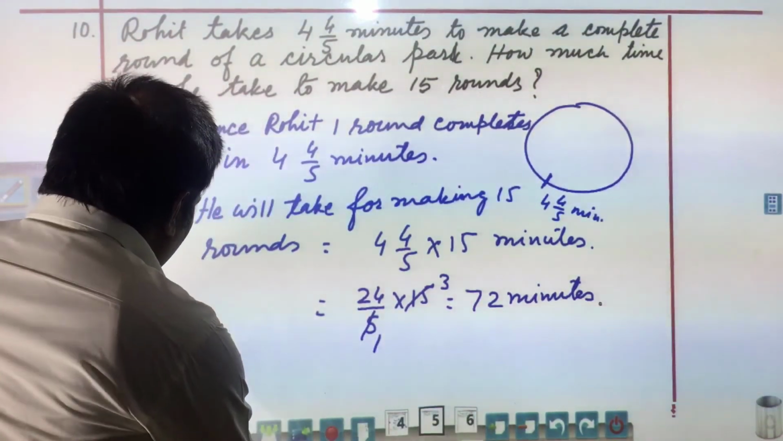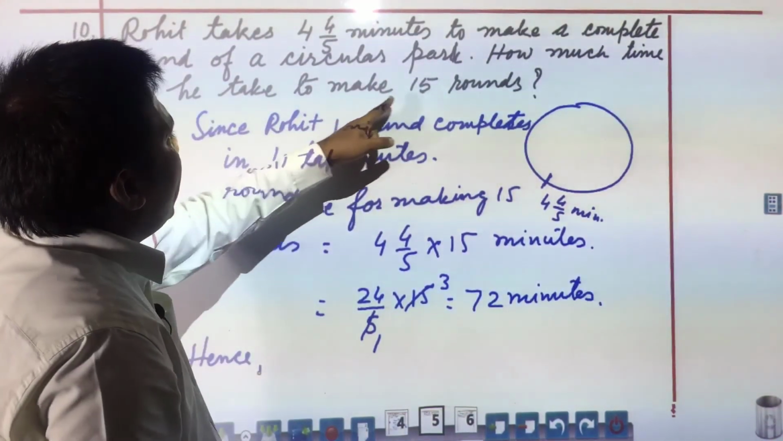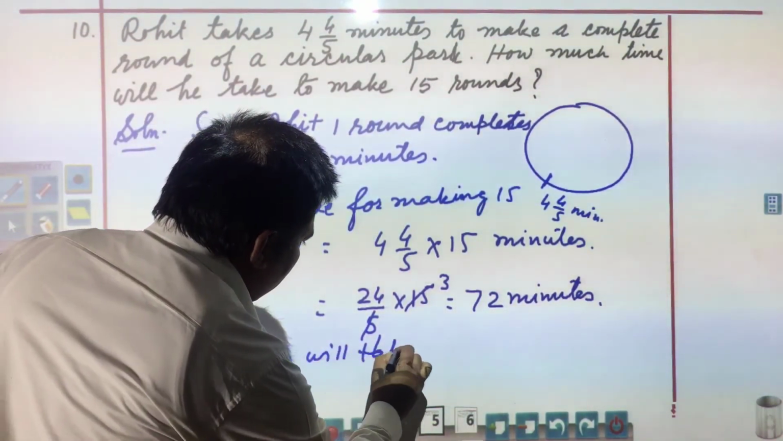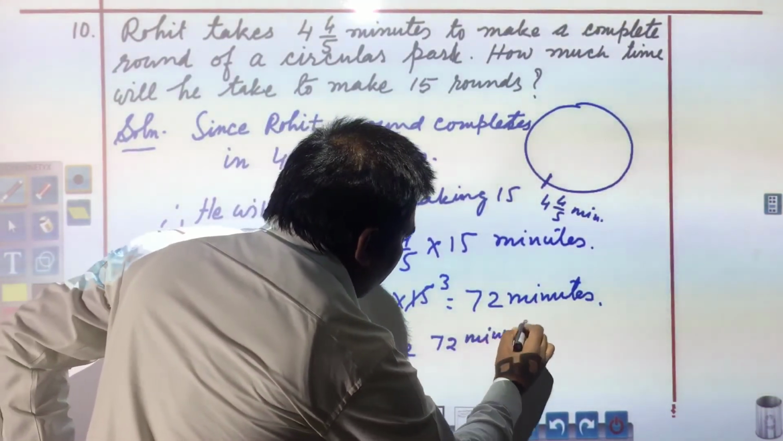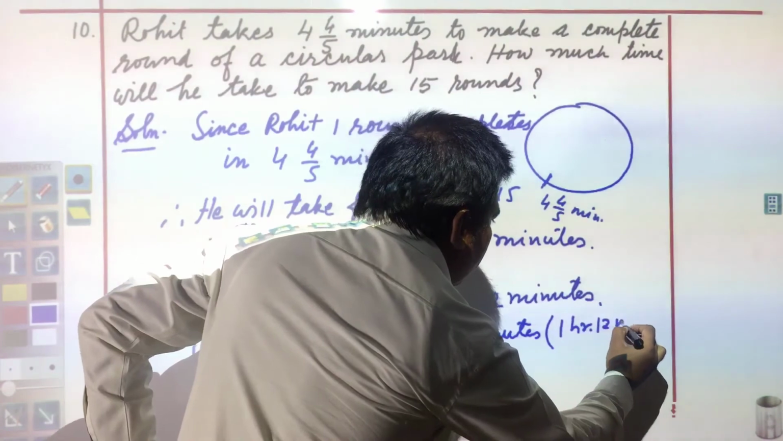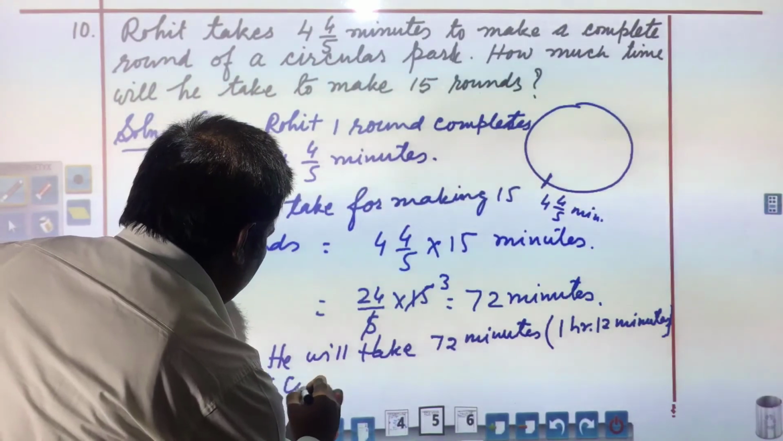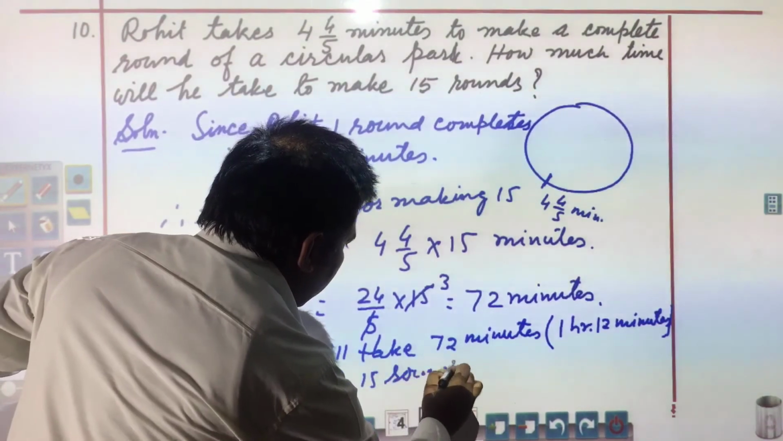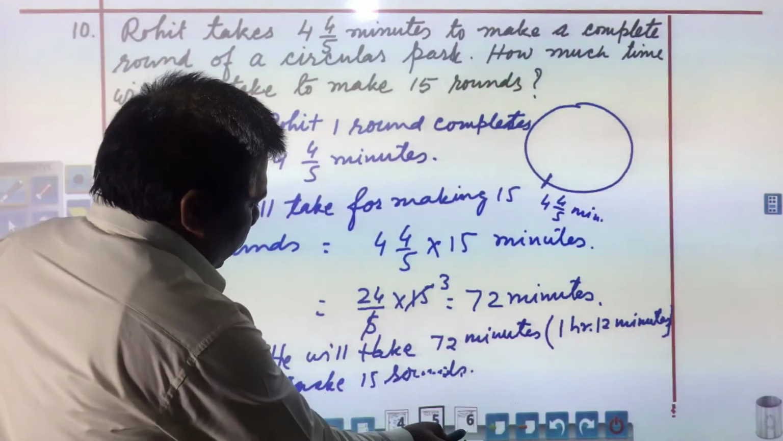So, you can write, hence, how much time will he take to make 15 rounds? He will take 72 minutes, or it can be written 1 hour 12 minutes to complete, or to make 15 rounds. This will be your answer. So, in this way this is required to be solved. Next question you see,